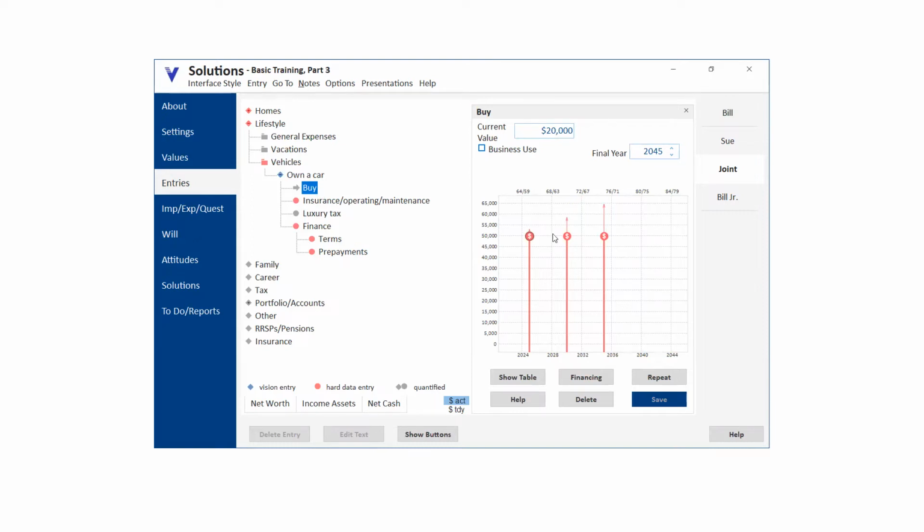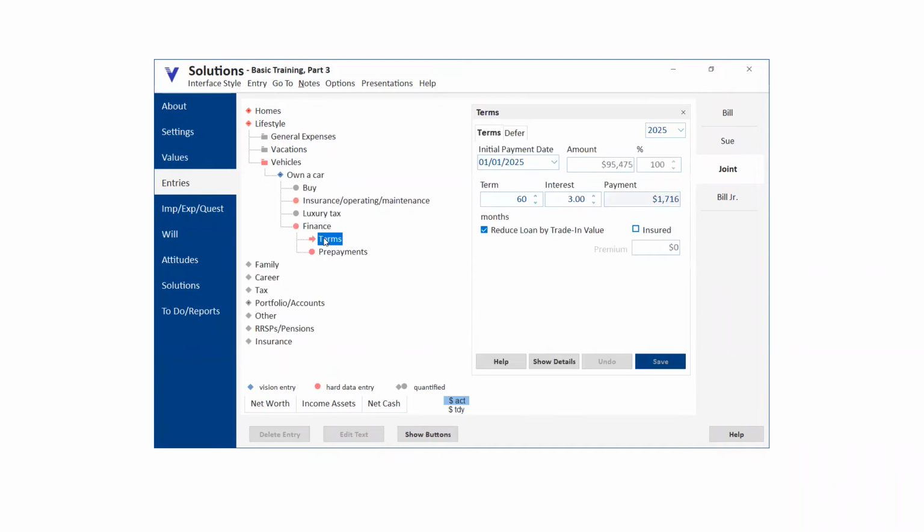But if we go back to the vehicles now and say, well, we drive what we have now, but when we retire, we're going to get the elaborate car that we've always wanted to have. So we'll just make it $100,000, and then we'll save it. And now when we go to terms, what we see is the amount of that first vehicle financing is now considerably higher,